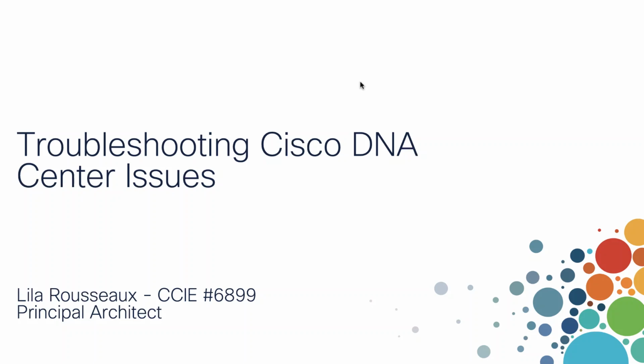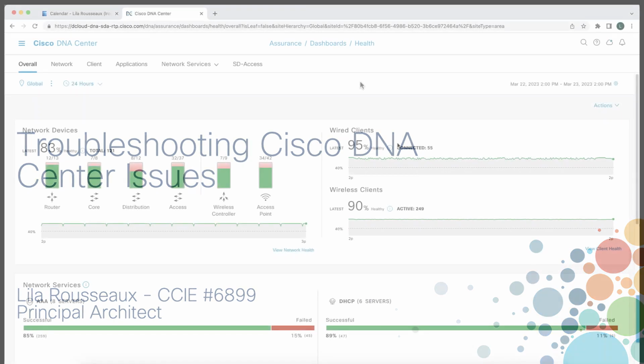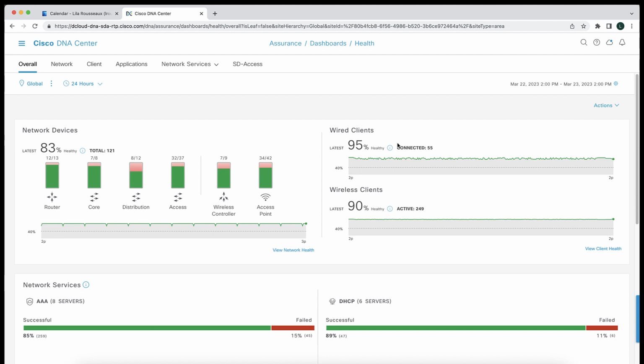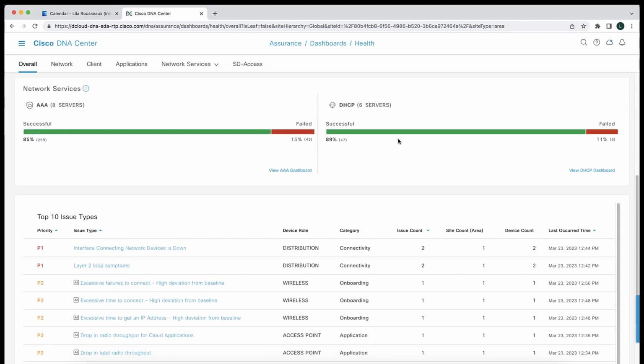In this demo, we are going to show how to troubleshoot an AI-driven issue detected by Assurance. AI-driven issues are detected because there's a deviation from the baseline. In this example, we are starting at the overall dashboard for Assurance, and we are going to scroll down to